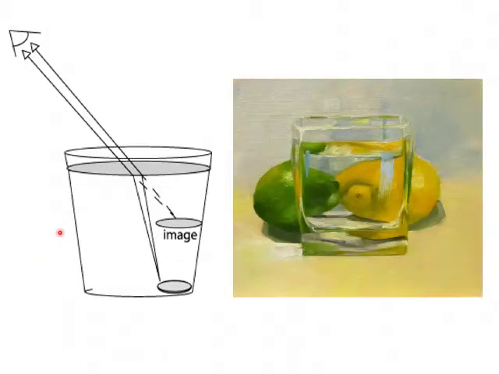Here we have a couple of activities more. In this first one, you can see a glass of water, and in that we have put a coin. The coin is at the base of the glass, but it appears as if the coin has been raised. To a person observing from top, it feels as if the coin is at this position and not here. So this is the apparent image that has been formed.